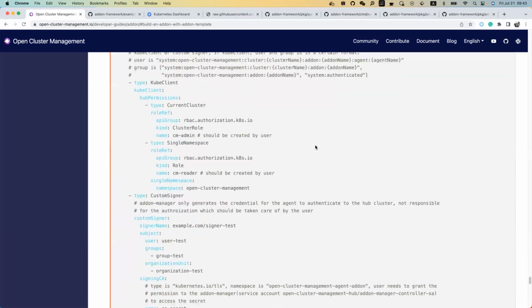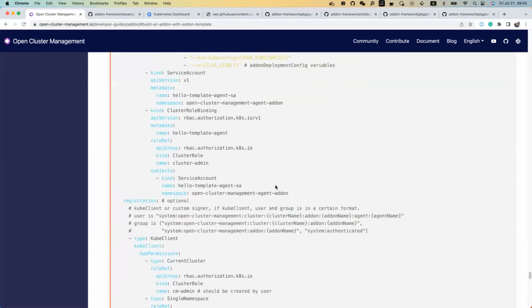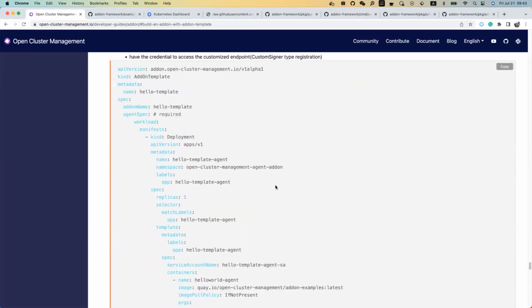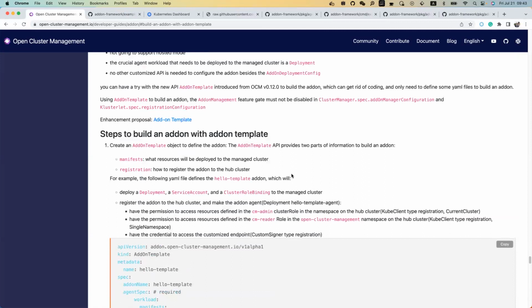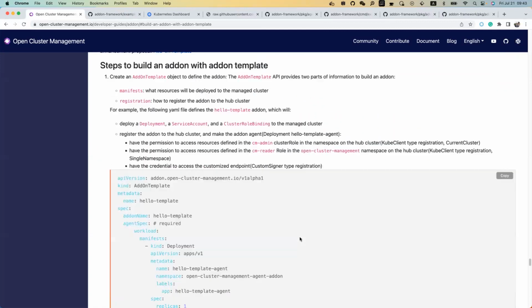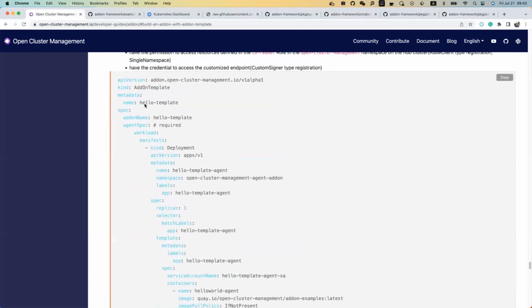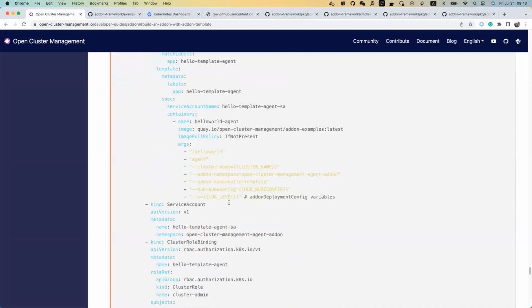For example, we can define some customized variables in the add-on deployment config, and we can reference that variable in the format